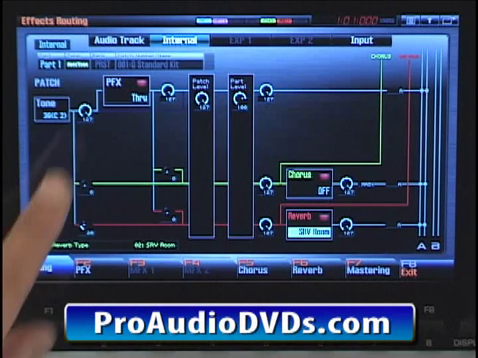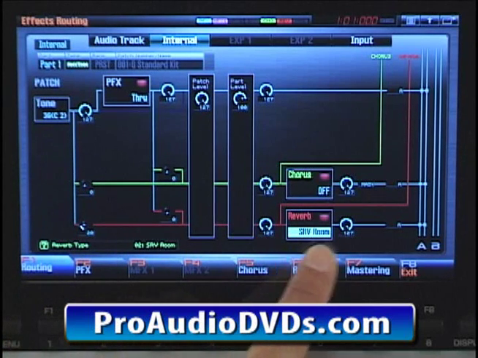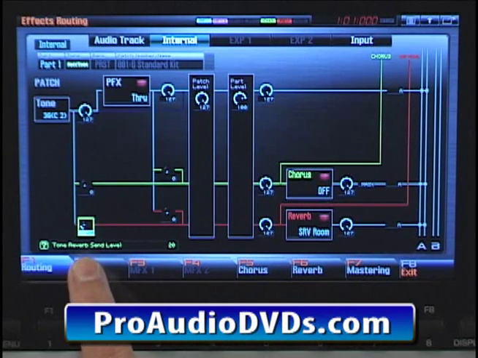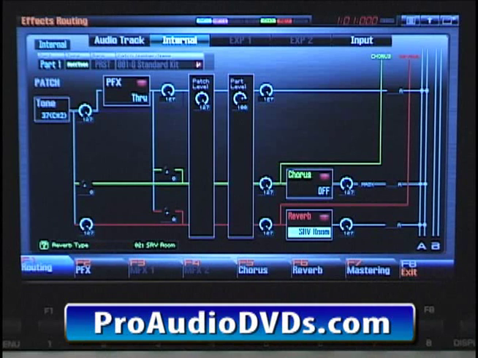So for example, kick drum here, this is the reverb send. It's going to the reverb and the output goes out to output A. So here's kick drum. It has a tone reverb send level of 20. Side stick has a bit more, 40. Let's make this very obvious and just crank this up. So now kick drum has hardly anything and the side stick has the max that goes over to our reverb